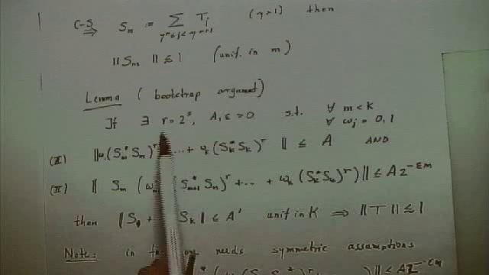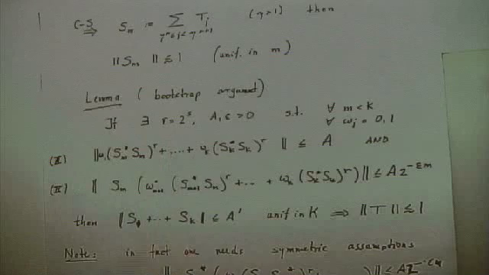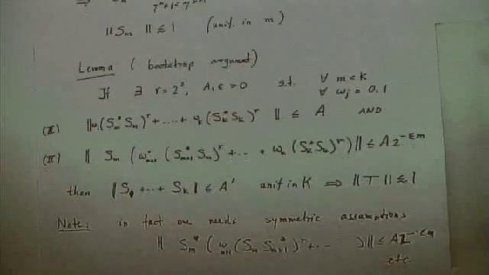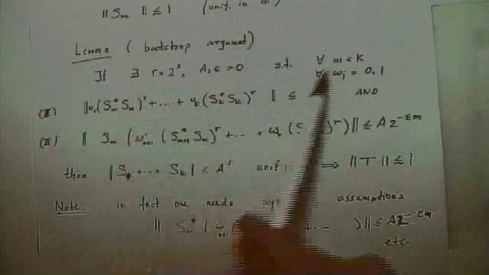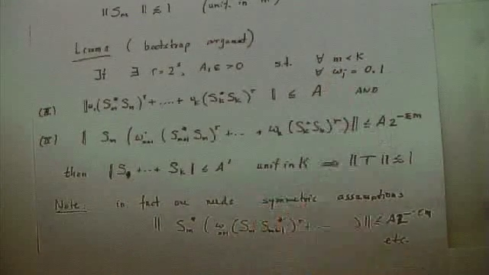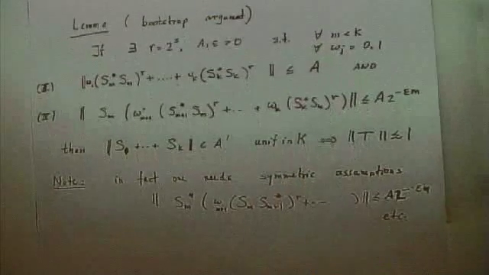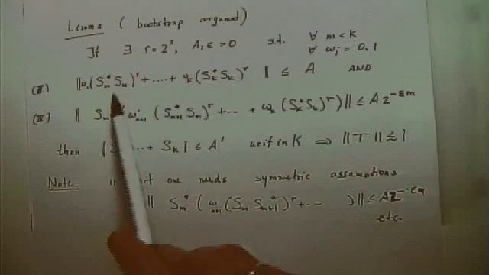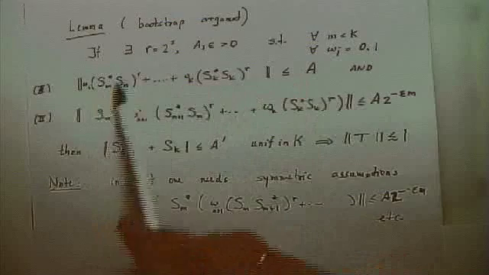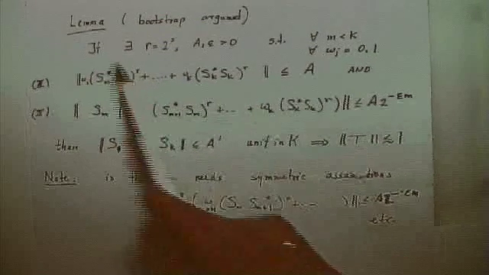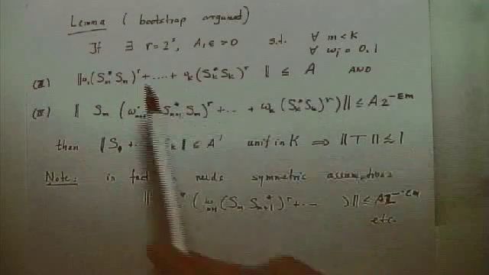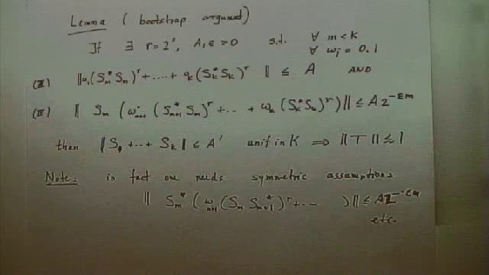Suppose we know the following. We have a fixed dyadic integer r and some fixed constants a and epsilon, such that the following holds. So we look at a number of these operators S_m, say they are going from m to k, where m and k could be arbitrary positive integers. And then one thing is that we can't really prove that the sum is uniformly bounded from m to k, but we can prove that the large powers of them, you can think of them like self-adjoint, and then instead of this S_m star S_m, it is just powers of the operator. The sum of these fixed large powers of the operators, those are uniformly bounded.